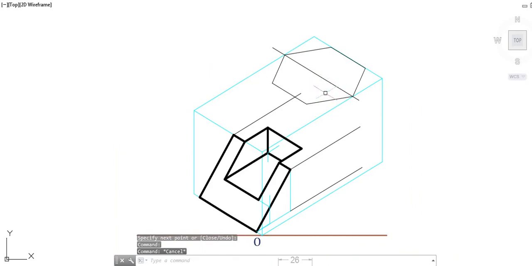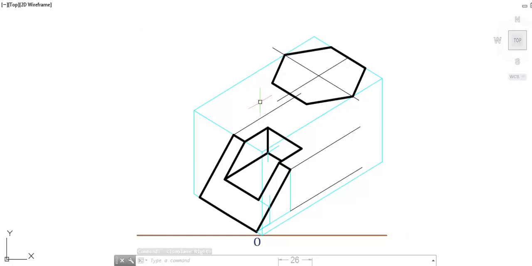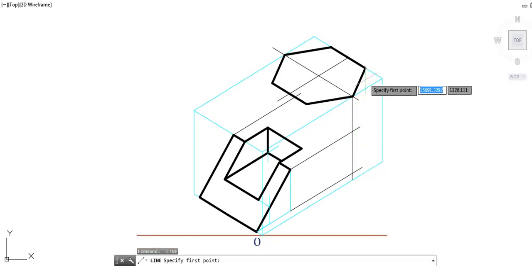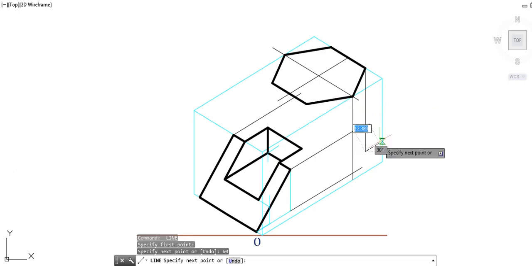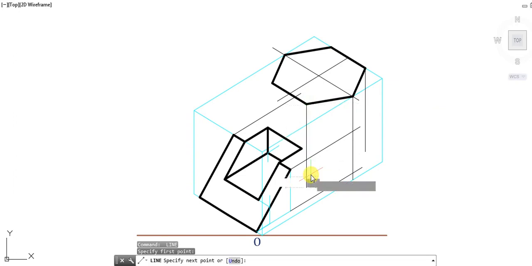Now we know that the edges of hexagon we have to take down by 60. So each and every edge we will take down by a distance of 60. Even from this side, and this side also 60.